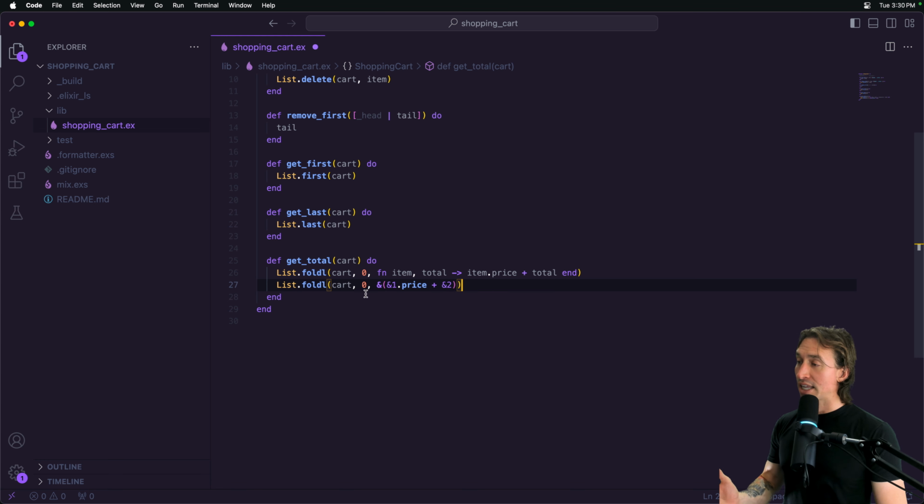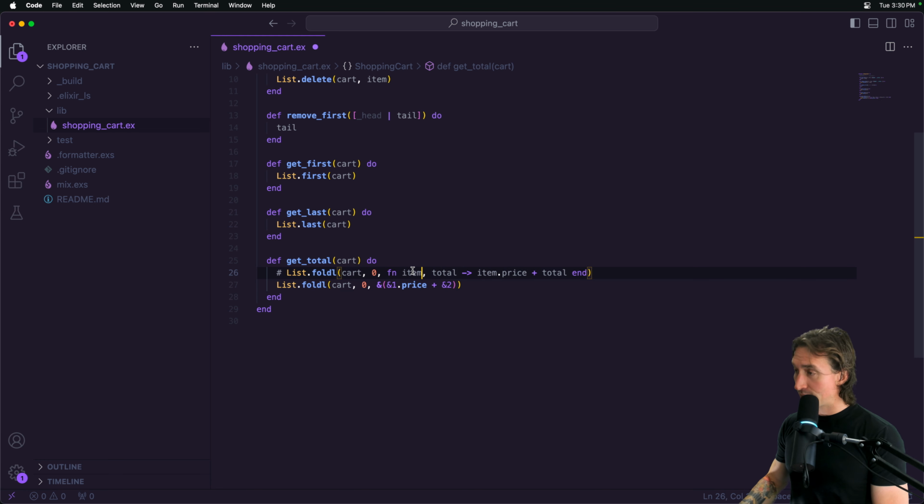So shorthand, I think, is really cool, but sometimes I think it degrades readability. A lot of times when I'm writing code and using anonymous functions, I'll usually keep them in the longhand version, but I think it's worth noting that you can do this because in some cases it makes sense. I'm going to comment this out so we can test that the shorthand version actually works,